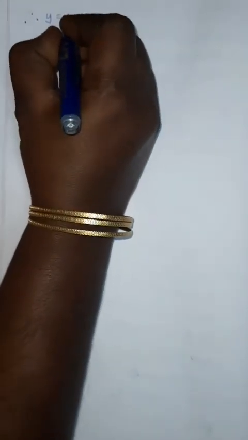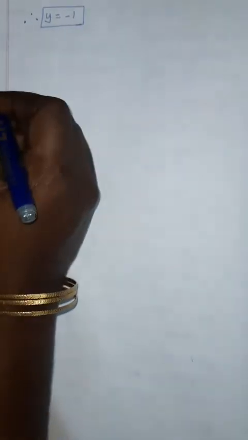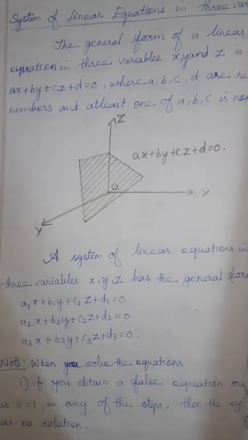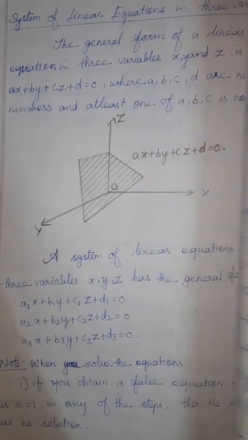Therefore, y is equal to 3 divided by minus 3, it is minus 1. So we got the x value and y value. Next you can find out the z value using the simple equation, which is easy. The first equation is easy to find.